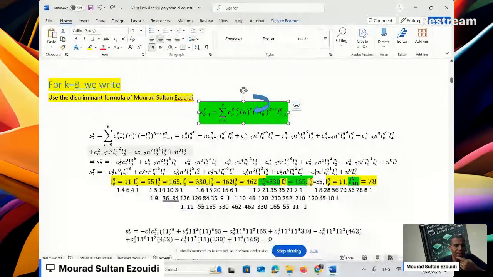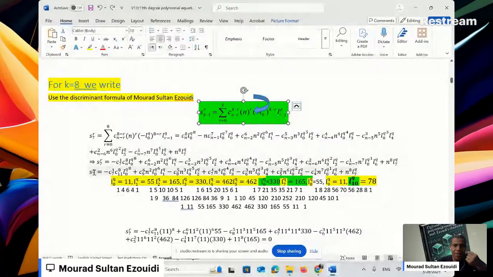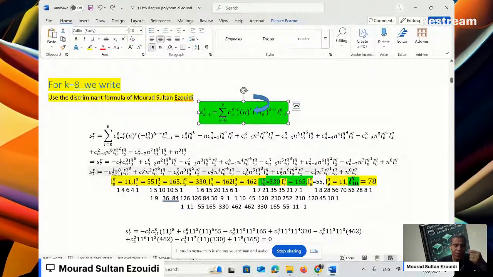After developing and expanding this formula, we should write a7 as negative combination 7